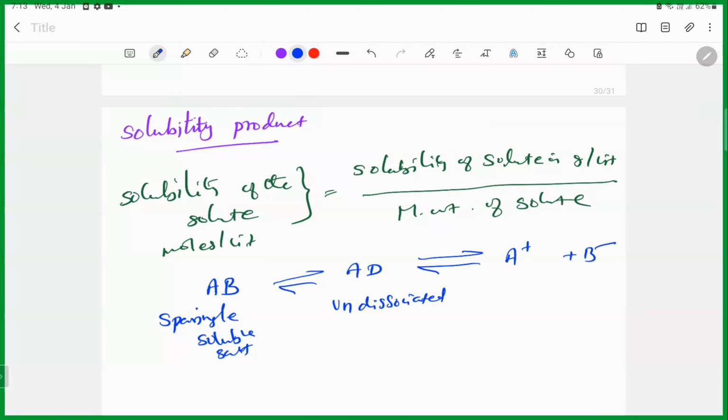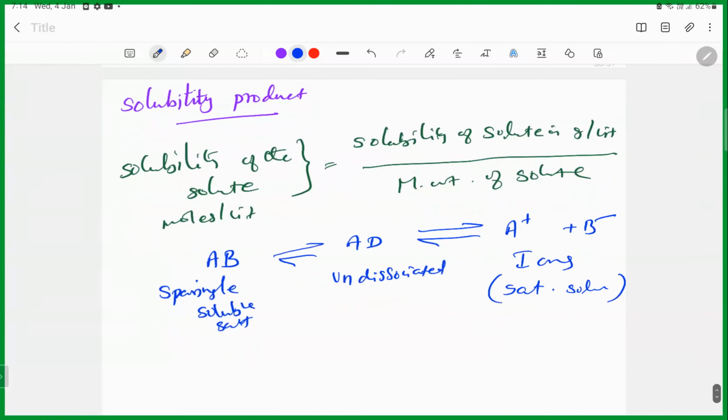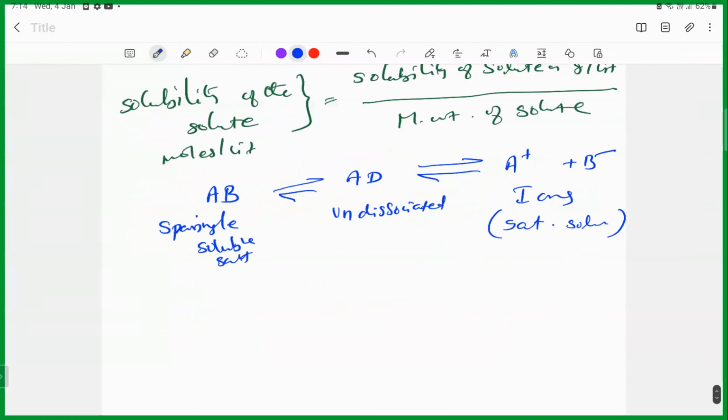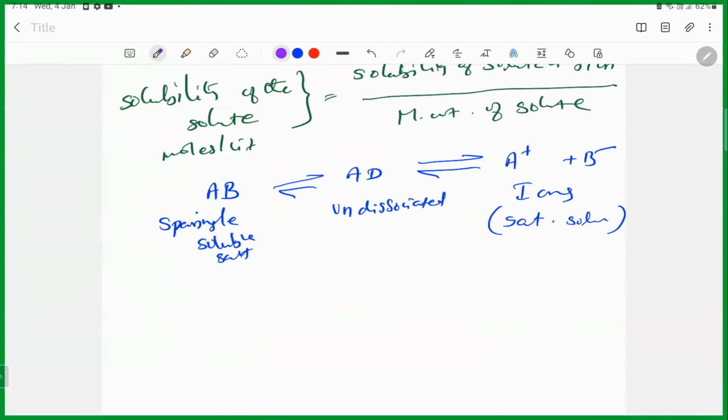So they are ions in a saturated solution. So how can you find out the solubility product value? The KSP, the constant KSP becomes,